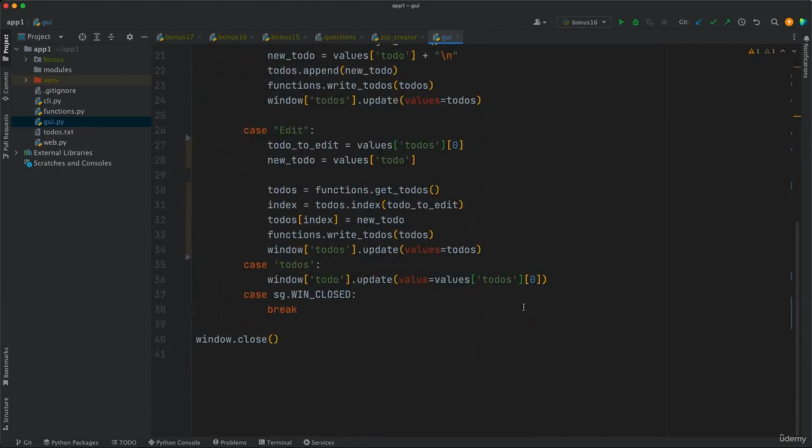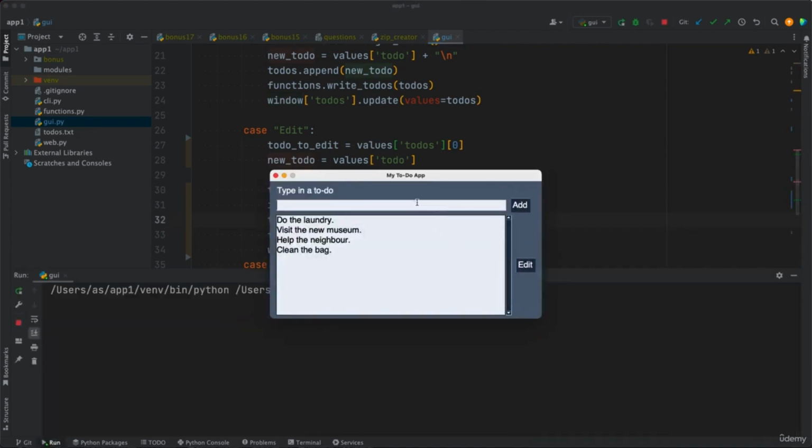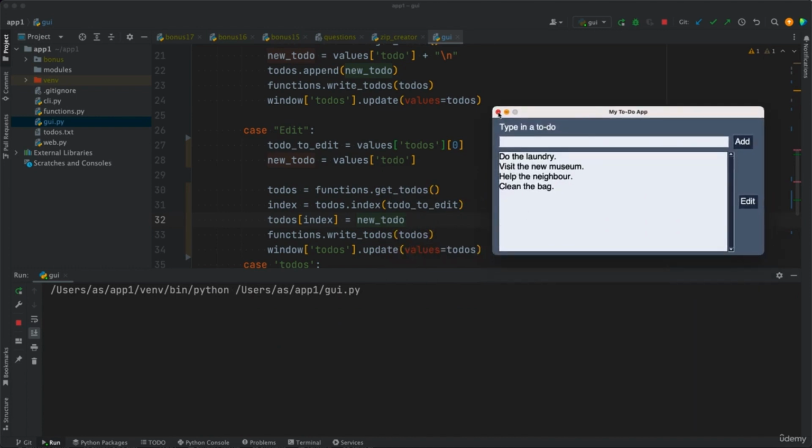This is the existing code we built so far. At the end of the code we have this case SG when closed break. And then we have window.close. Now, if I add a print bye function just above the window.close statement outside the while loop, you see this is unindented. It is at the same level as window.close. If I run the program now, and then I press this button,